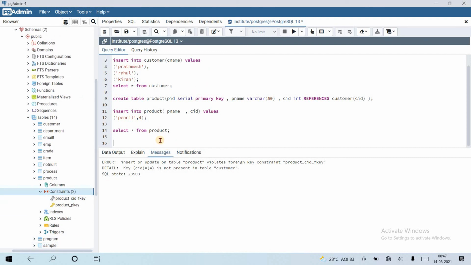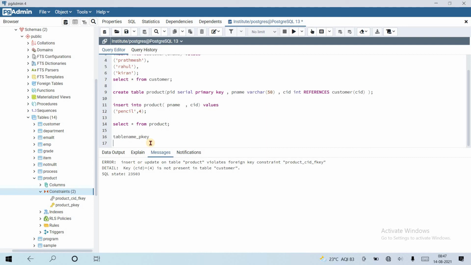For primary key it is table name underscore pkey, and for foreign key it is table name underscore column name, here product CID, and after the underscore the keyword fkey for foreign key. That's it.